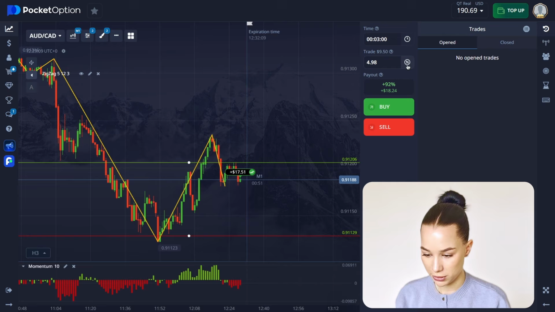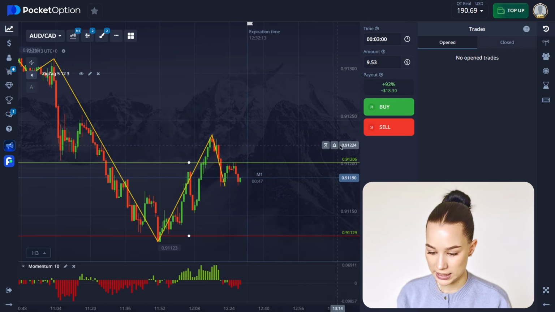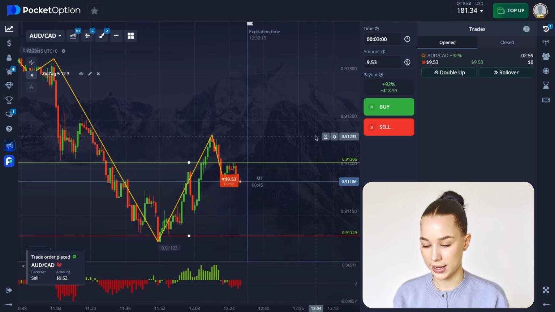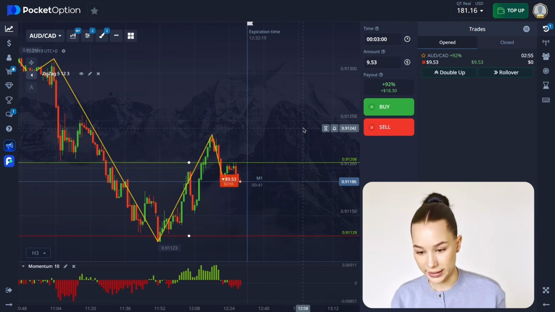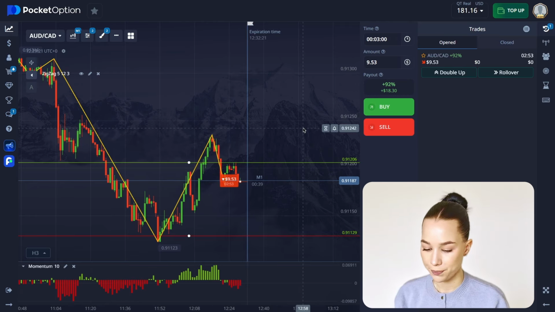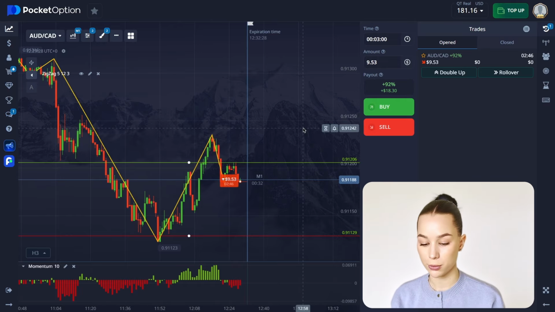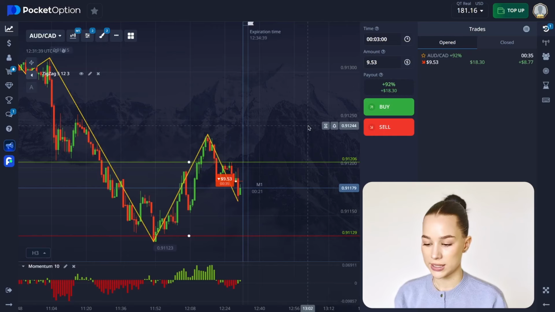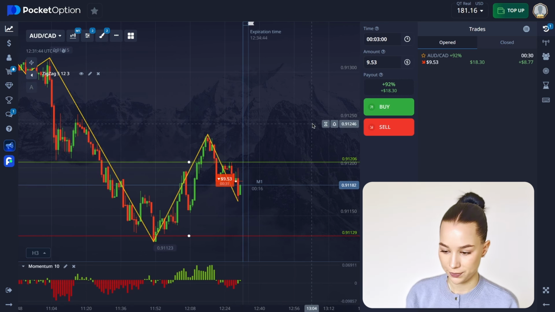I already changed the amount of money per trade. Let's change it again to 5%. And we're going to open a sell trade again for 3 minutes. So the continuation of the downward trend, we're not going to open it against it. So again, for 3 minutes, but the momentum is the same. So we are following our trend. It's perfect. So guys, now we have 33 seconds till the end of our trade, but I'm actually thinking to